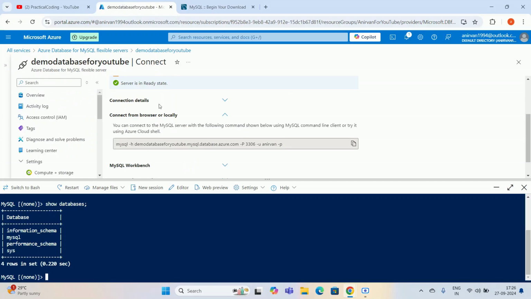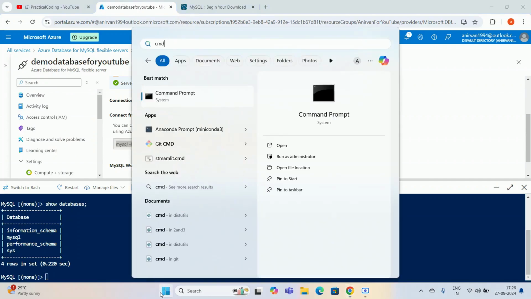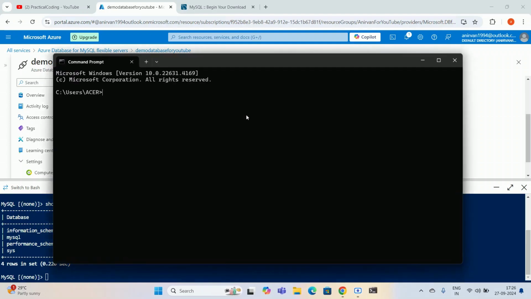And okay, let's connect to MySQL from our local system. For that, you have to go to command prompt. And guys, I have set the path as well. Until and unless you set the path, you cannot access the MySQL database through your local terminal. Okay, so I'm pasting this. I have to give the password,